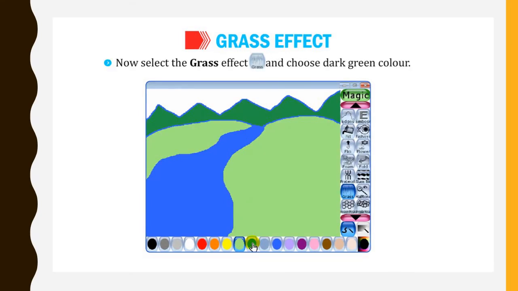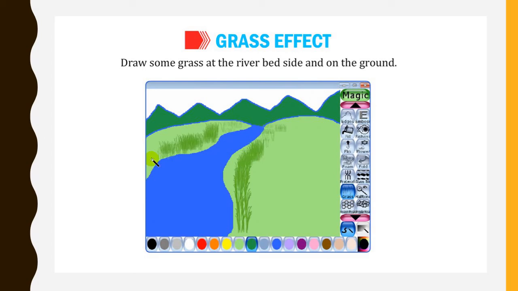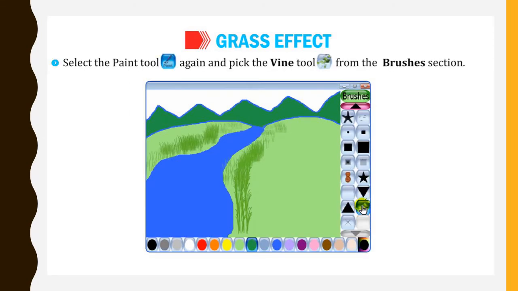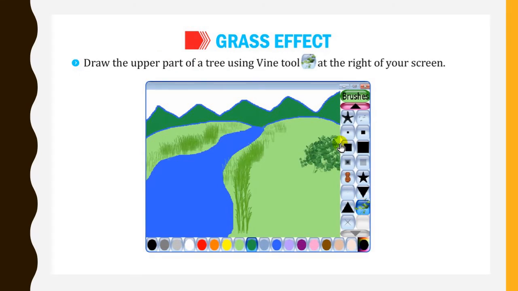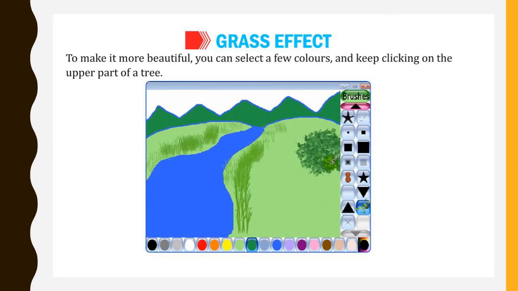Now select the grass effect and choose dark green color. Draw some grass at the river bedside and on the ground. Select the paint tool again and pick the wine tool from the brushes section. Draw the upper part of a tree using wine tool at the right of your screen. To make it more beautiful, you can select a few colors and keep clicking on the upper part of a